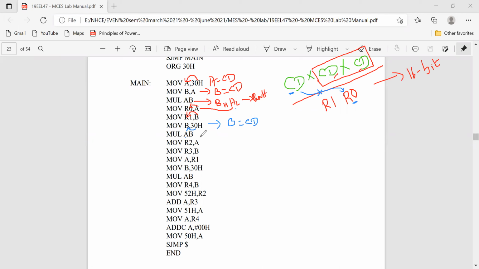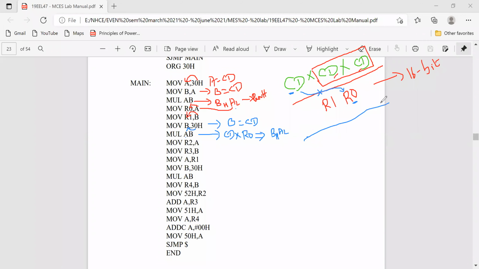I'm just multiplying that, CD into whatever the data in R0. Now the result will be stored in the same B and A, 16-bit data.